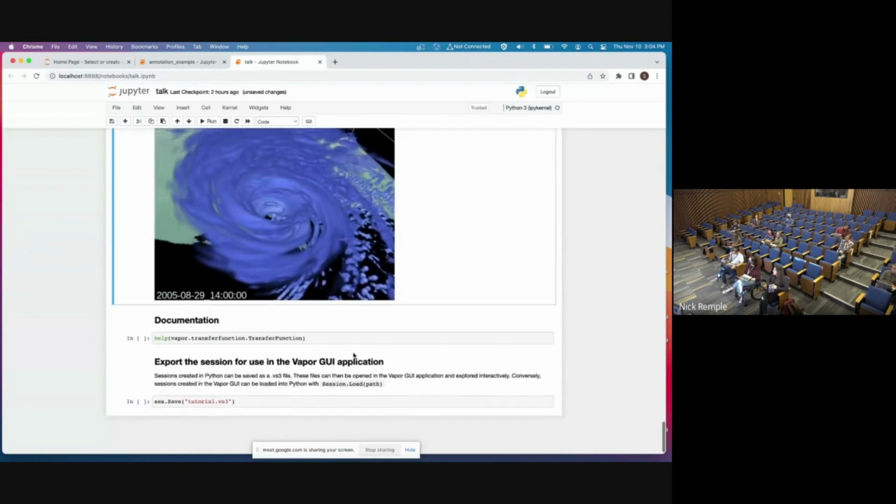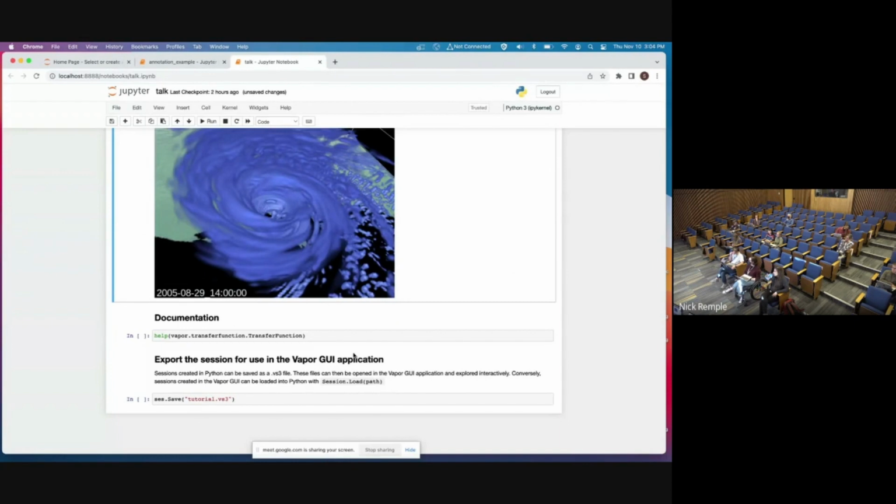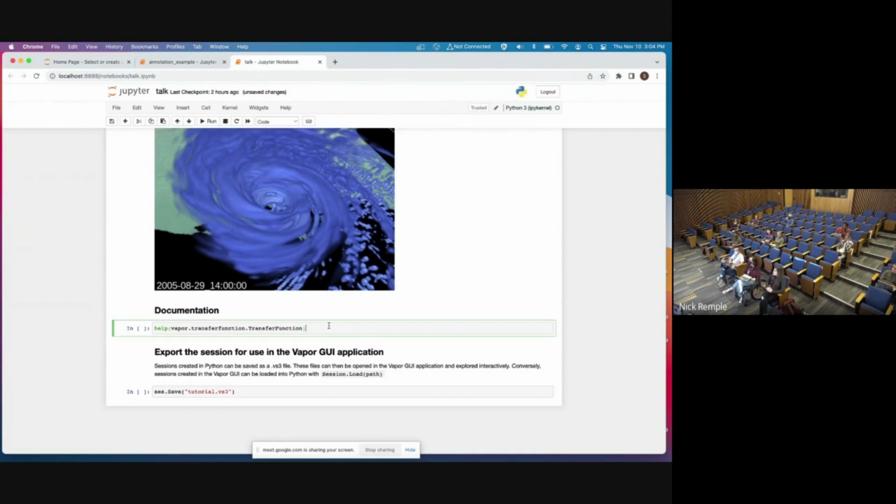Before I continue, I wanted to have a quick aside on documentation. When you install Vapor, it comes with two forms of documentation. One is this collection of notebooks that goes over many of these concepts in depth. But the primary form of documentation is actually built into Python. So if you have a question about anything that you're working with, all you have to do is call